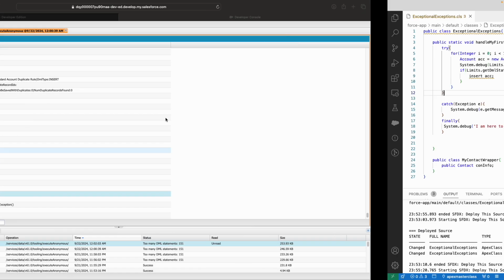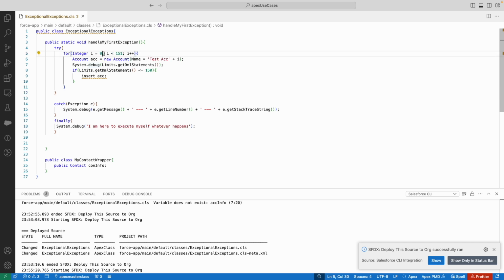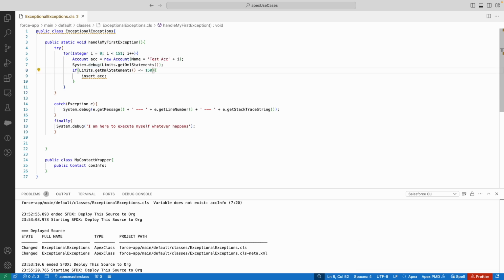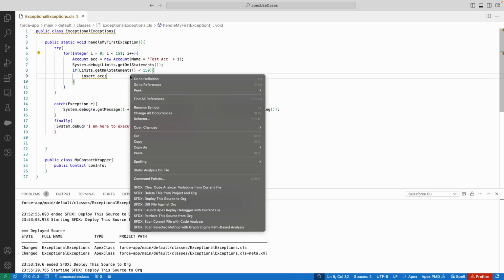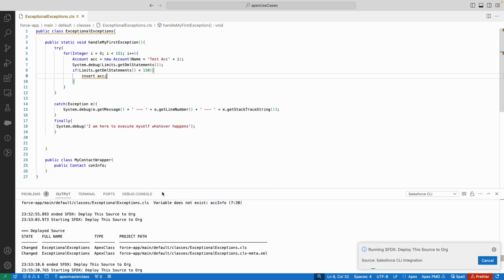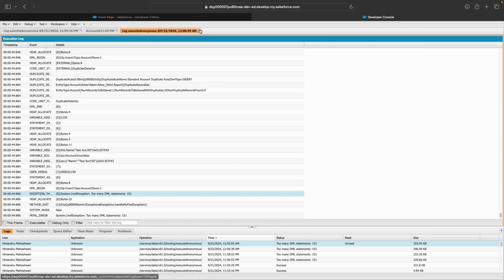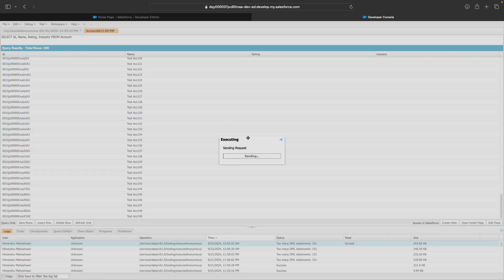I think it's starting from 0, right? So if I start it from 0, it should be less than 150. It should not actually go, because it is running from 0 to 150. That's 151 records. So if I say deploy, I only want to insert records if the limits.get DML statements is less than 150. Okay, I don't want to breach the limit. Now if I go ahead and say execute last,